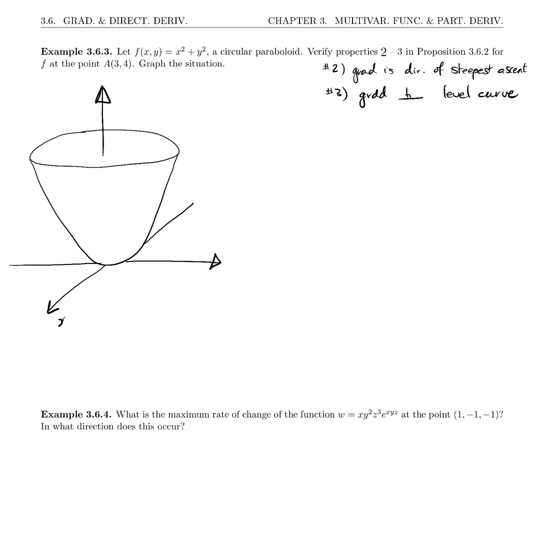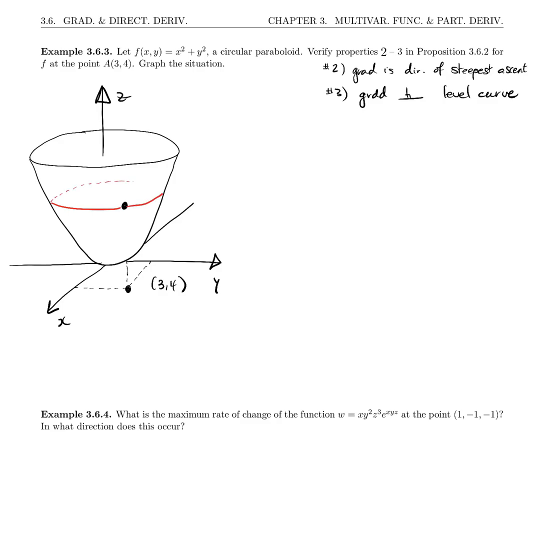So there we have some axes x, y, and z, and we're asked to investigate at the point (3, 4). So if we draw the image of this point on the function surface, then the level curve that point is on,